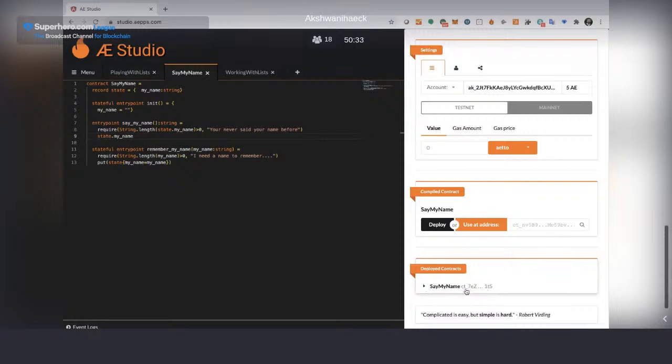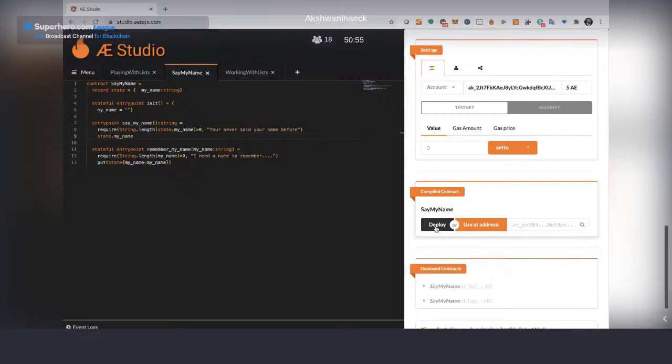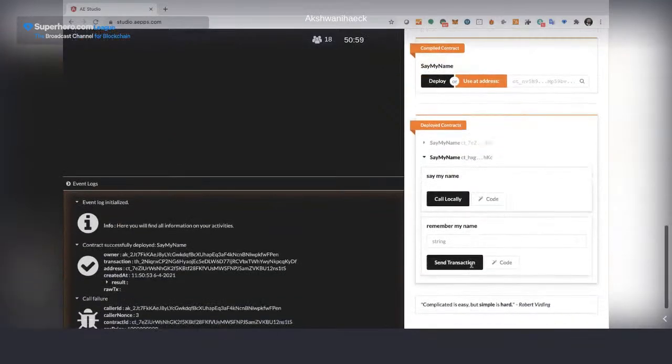I can see that this contract has an address that ends with TS. I will deploy because I changed the contract. I can't use it anymore. If I want to have this new version of the entry point, I will have to deploy it again. So I deploy again my contract with the same name, but it's going to be in a totally different address, right? So here it is, my new contract. And of course, it's going to start from scratch.